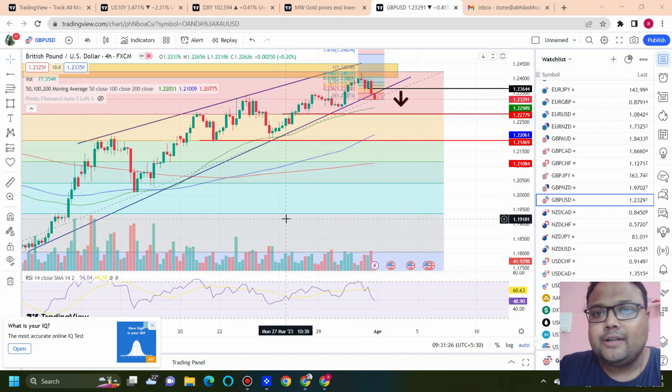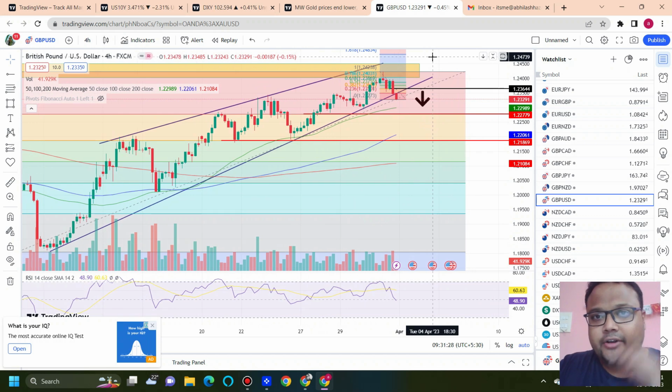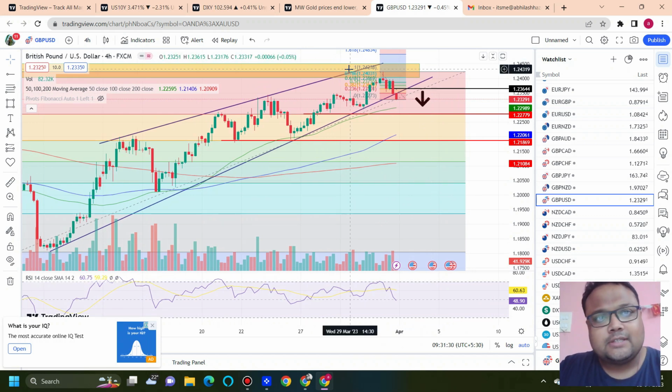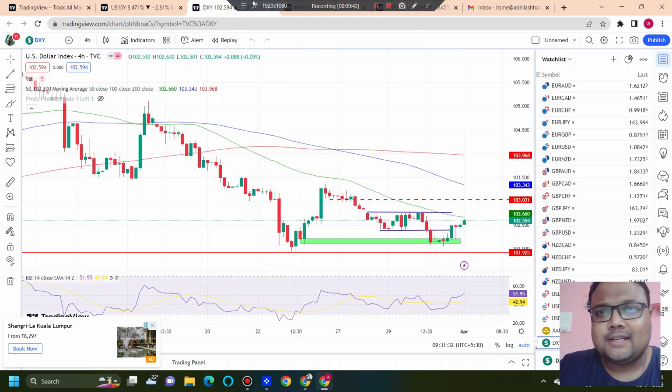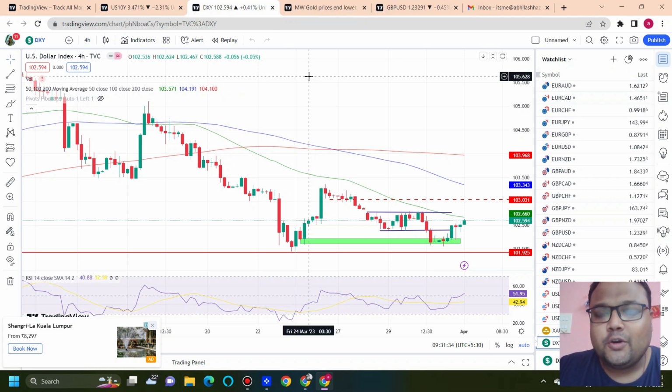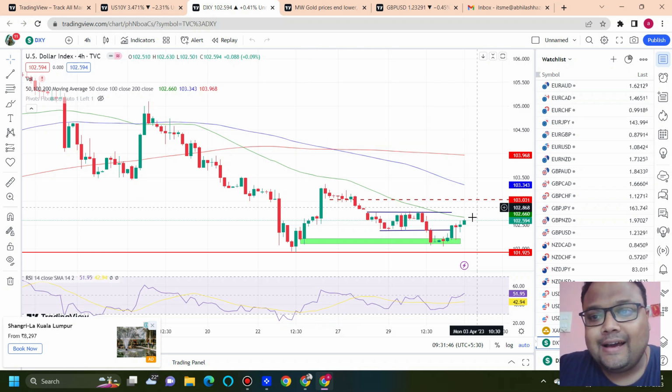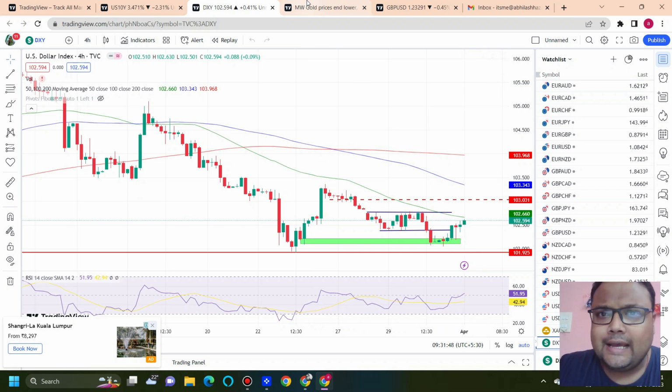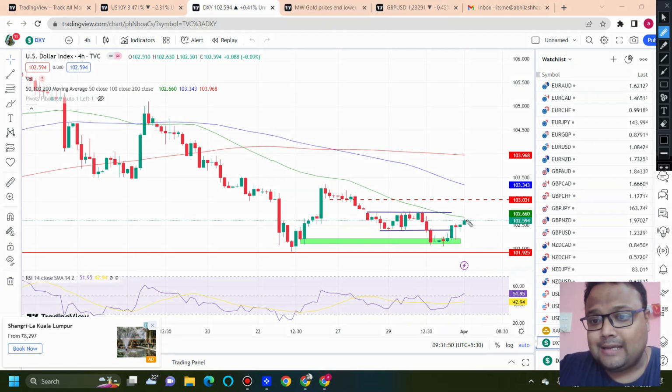But before I proceed with the other levels and other trading opportunities on the chart of GBPUSD, I would like to discuss DXY. US dollar is the most popular and most traded currency. So as a result, knowing about the body language of DXY is very important. DXY closed at 102.59. This is the last traded price, and as expected, last time DXY took support around